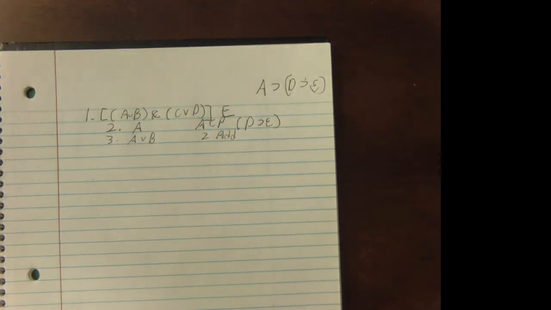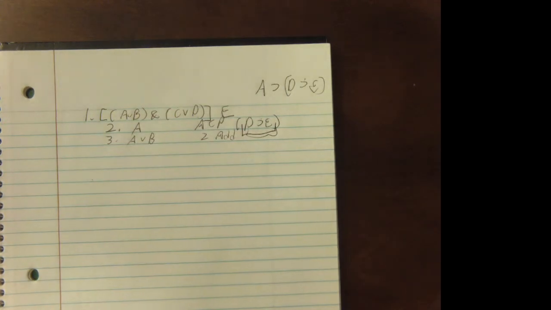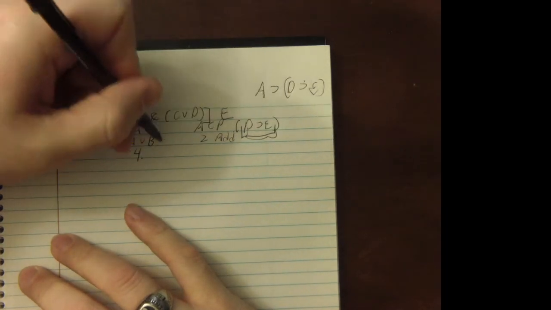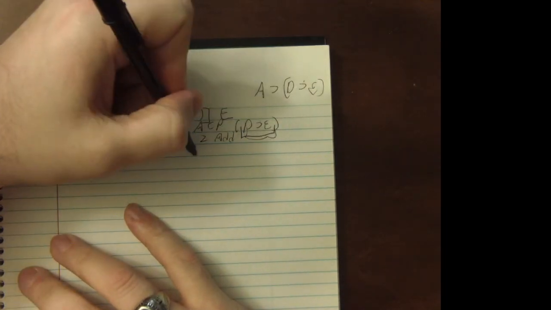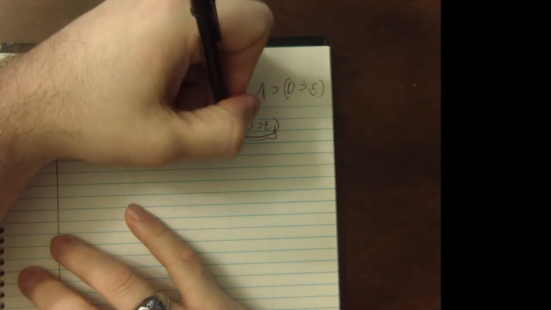Well, now what am I trying to get to? I'm still trying to get to D hooks E, which means I'm trying to build a conditional. So if I really wanted to, I could actually just go D, assume for conditional proof, trying to show E,